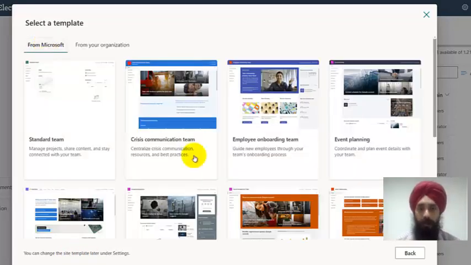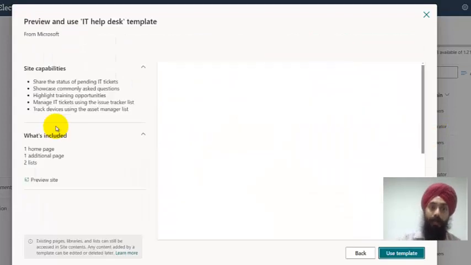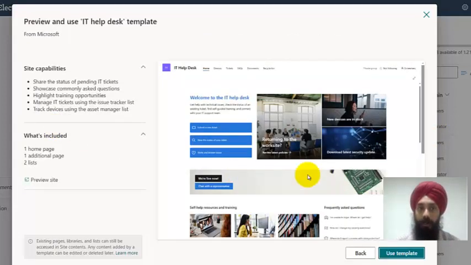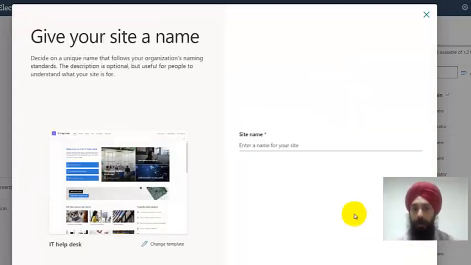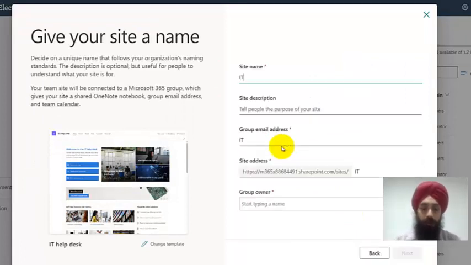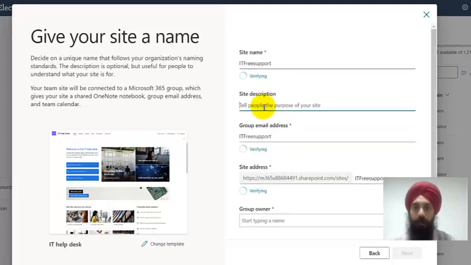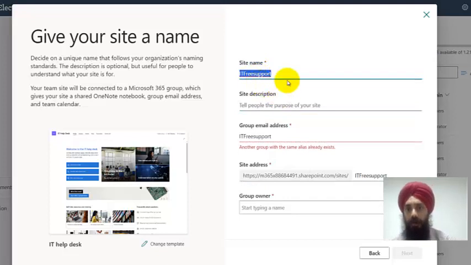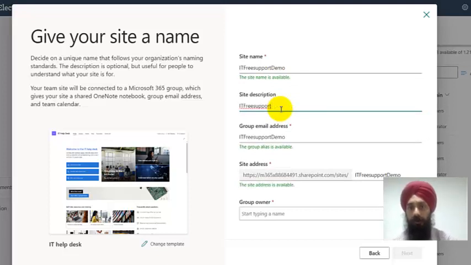But let's say I want to use the existing Teams template and create an IT help desk site. An IT help desk site will have lists, additional pages and other things. I can even preview it if I want to, but I'm not going to waste too much time there. I'm just going to say use this template. It asks what name it should be. I'm going to give it the name IT free support demo, and the description, IT free support demo site created